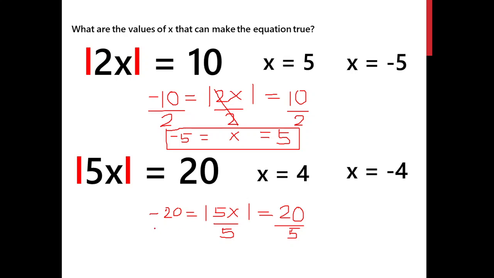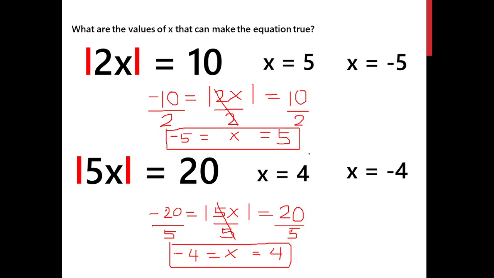It should be done on all sides of the equation. There. So 5 divided by 5 is 1. 1 becomes an imaginary number, so what's left is x. Bring down the equal sign. 20 divided by 5 is 4. Negative 20 divided by 5 is negative 4. And again, please do not forget to bring down the equal sign. And there. X can be equal to 4 and x can be equal to negative 4 to make the statement true.